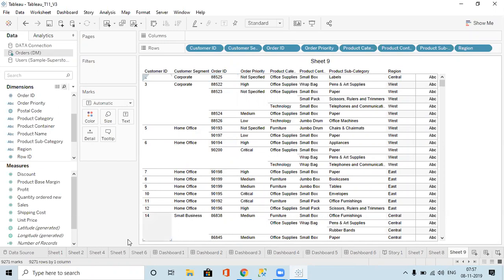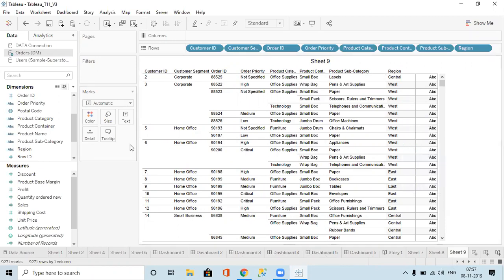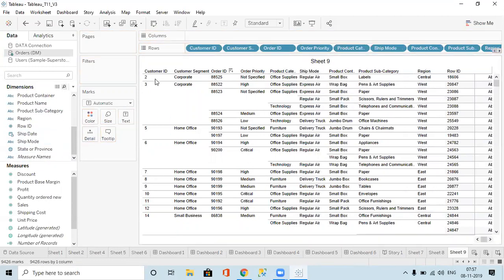If you keep n number of fields, we get the dragging option, and we can drag and analyze the data. Here, only 16 is the maximum we can keep in Tableau. We can keep some more things like row ID, shipment mode, even in between.